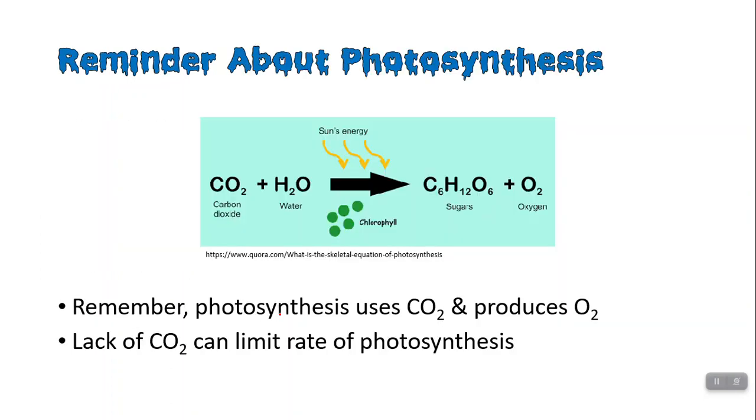Before we move on to the next thing, I just wanted to give you a reminder about photosynthesis. It's probably been a while since you've looked at the equation for it. Notice the two things you need for photosynthesis are CO2 and water. If you're a water organism, hey, you've got plenty of water surrounding you. But what can limit the rate of photosynthesis is CO2. And then at the end of photosynthesis, what do you produce? Well, you produce oxygen. And that's a big deal as well, because